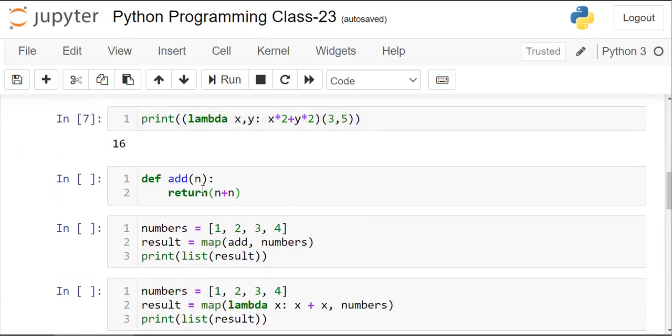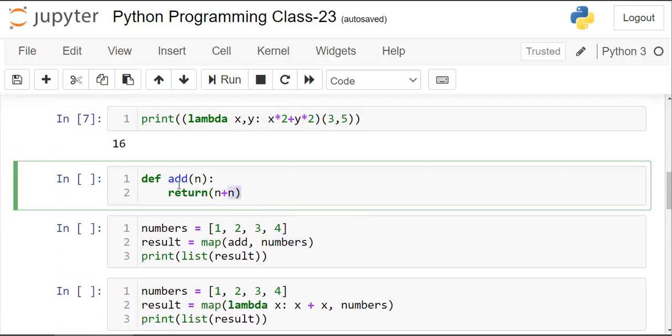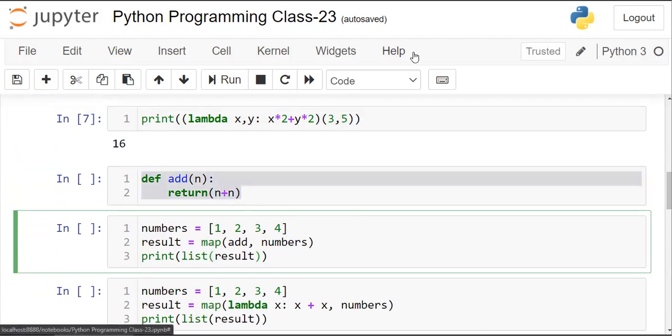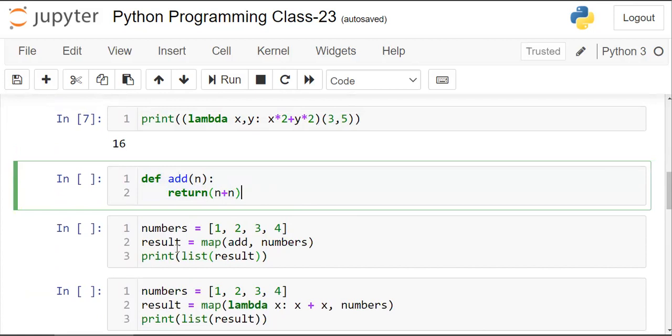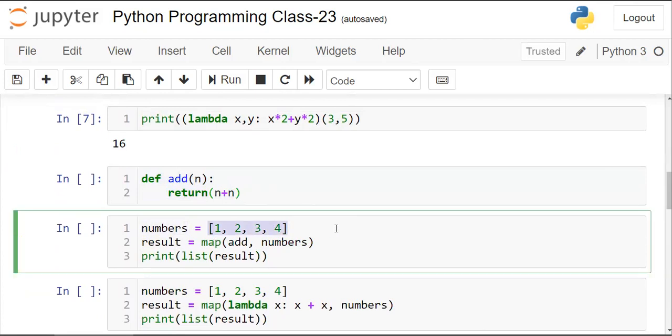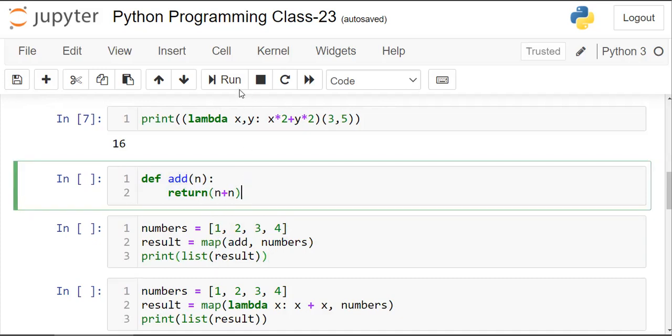Yes. So I've defined a traditional function. I want to add the same number to itself. Now I've written numbers here, and result is a variable here. Map function I want to apply. So here I've written add. Add is a function. See, this is a function here. And the numbers 1, 2, 3, 4 will come from here. Add means what will happen? It will add this to this. Okay. So if you run these two,